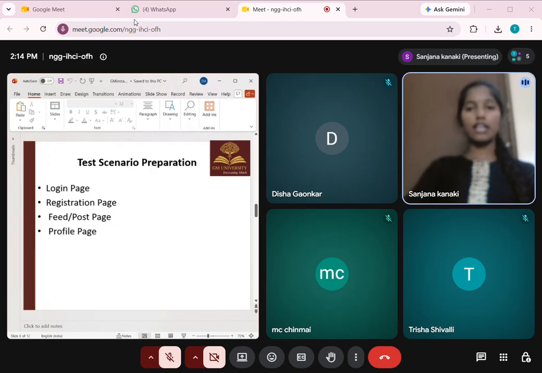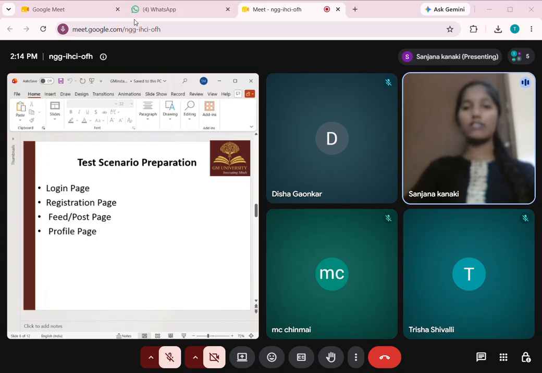Next, test scenario preparation. Test scenario preparation is the process of identifying the features that need to be tested in an application. It helps ensure complete test coverage and improves the effectiveness of testing. For the GM Insta application, test scenarios were created for four main modules. The login page was tested for valid and invalid login attempts.